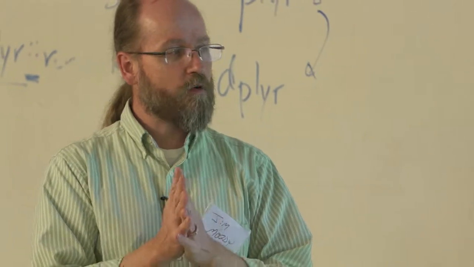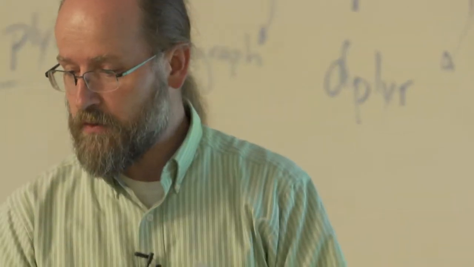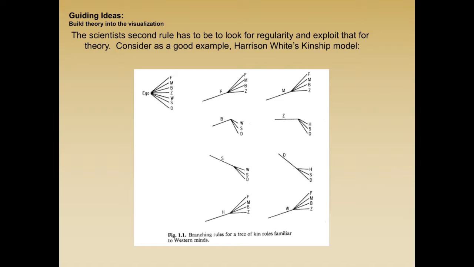Now, another trick that is quite useful, especially for large networks, is to move from some kind of exact point and line representation to some kind of abstraction of the underlying data. So imagine we wanted to look at a kinship network, right? So I have ego's father, mother, brother, sister, right? So these are the classic elements of kinship.